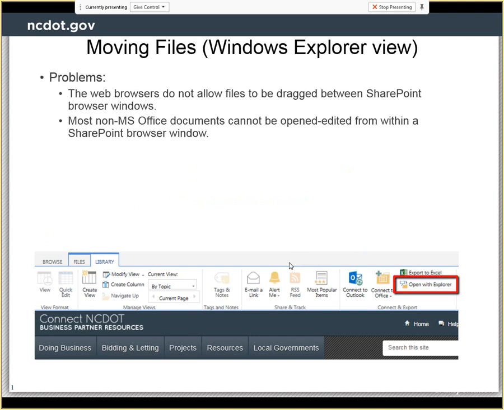The Windows Explorer view is only available through Internet Explorer. It's not available through Edge, it's not available through Chrome, it's not available through Firefox or Safari. We are not allowed to drag files between SharePoint browser windows. You can drag files into SharePoint browser windows, and it is possible in some browsers, not all, to drag files